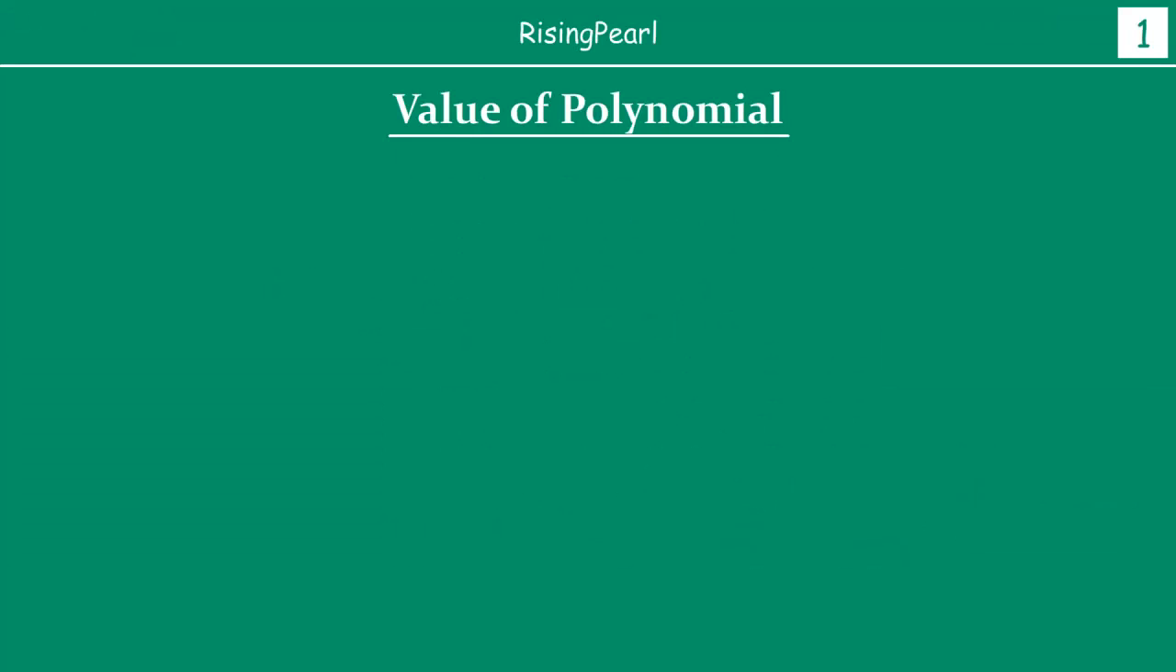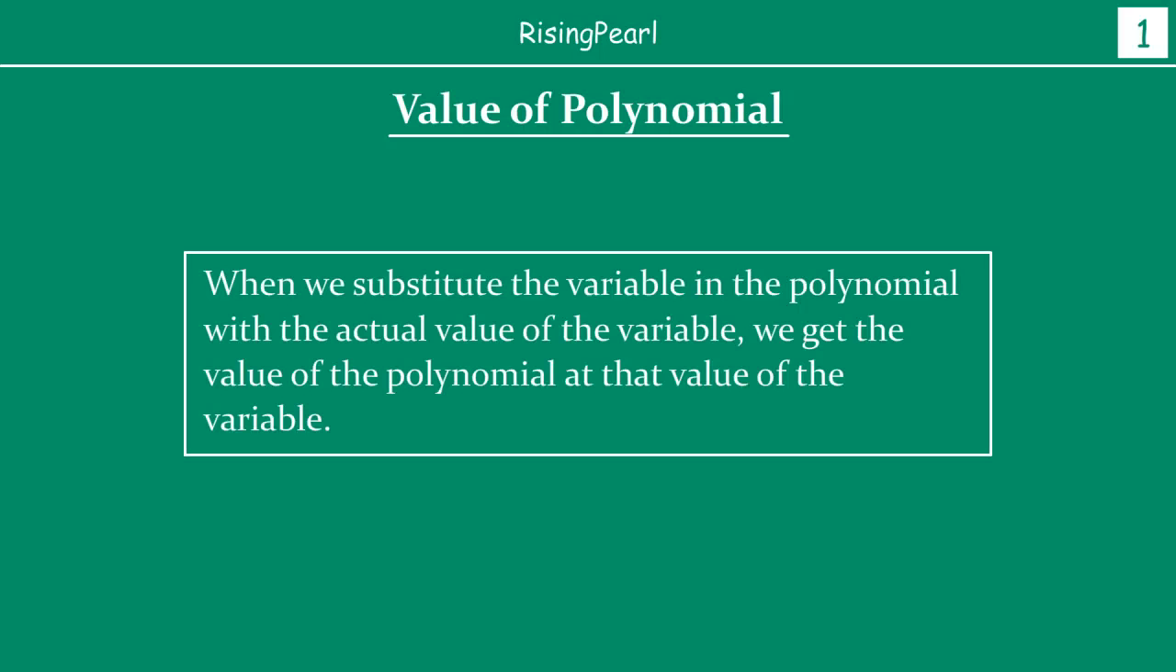Now, how do we find out the value of a polynomial? When we substitute the variable in the polynomial with the actual value of the variable, we get the value of the polynomial at that value of the variable. Obviously, like we always will, we will take a look at a lot of examples and clarify this, but what we really are saying is that so far you have seen